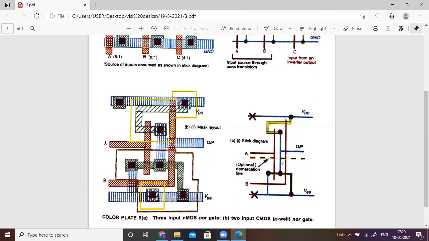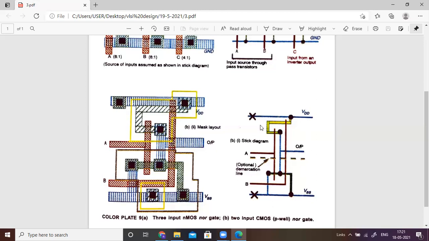because only polysilicon and metal layers will cross the demarcation line. Depending upon the rules of the demarcation line, you can draw like this. So this is the metal line, blue color, and this is the output we are taking from the blue color only, and this is the input A. Another input A we take from here, and we can join this point and this point by using a metal line in order to extend this B line, the polysilicon layer, up to the input level. So we can follow like this. That's why we use the metal line here. Now this is the extension like this. You can extend the polysilicon at the input levels. So this is the A and this is the B line.